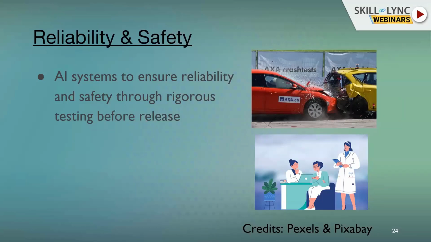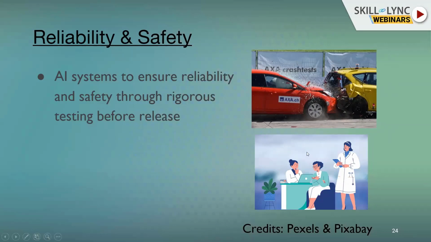But before we release, we should have been testing that rigorously, because any mistake or deviation could directly impact a human life, right? So the cars that we design for a driverless vehicle should not be only trained for a road which is in good condition. They should also be tested in bad weather, let's say when it is raining, when it is snowing, okay, when there are potholes in the road. So all these deviation categories need to be tested thoroughly so that the AI system becomes very reliable and safe.